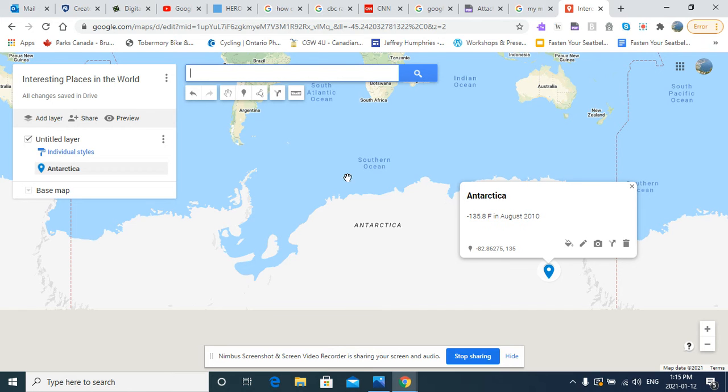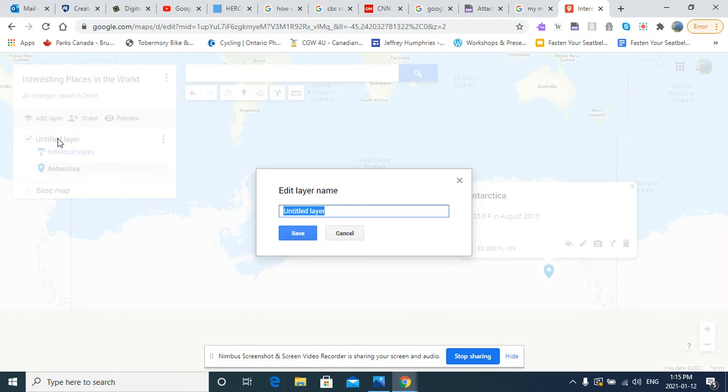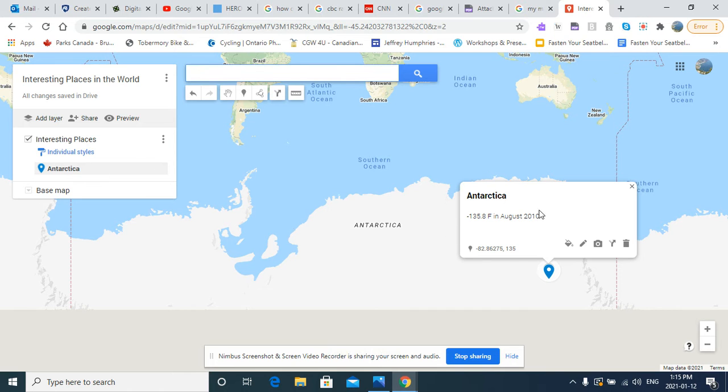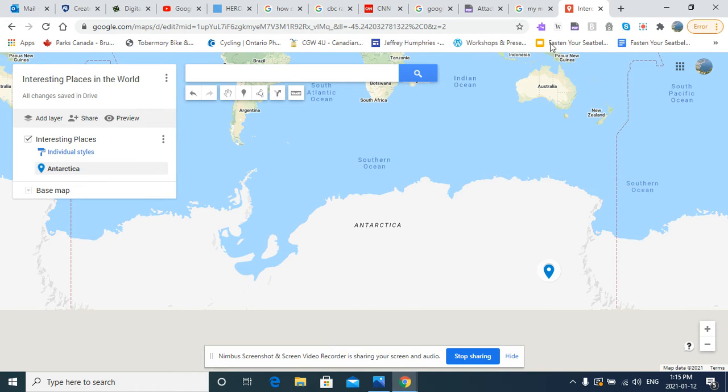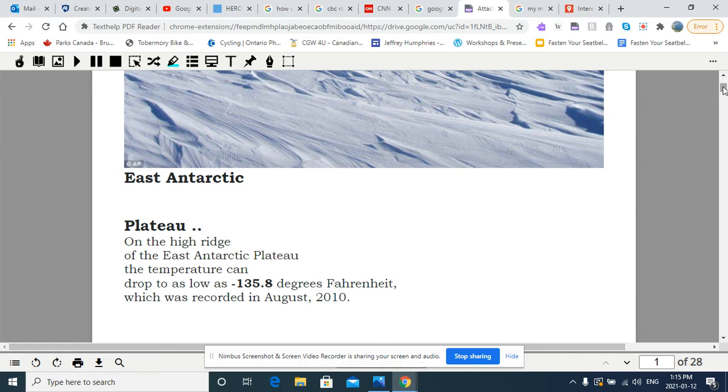And it shows up over here. You can see we have an untitled layer here, so we can click on this untitled layer and give it the title Interesting Places, and we'll save that as well. So now we have place number one, Antarctic. So we'll get rid of that. We go back to our document, and we get over here,